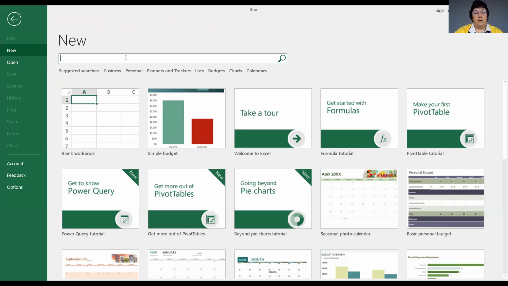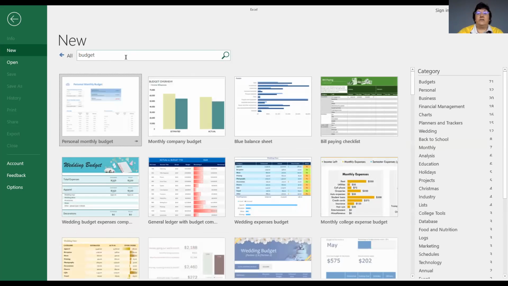If I click on that and I just type the word budget, hit enter, it's going to go out. It's going to search through all sorts of areas that it can pull from. And it's going to give you a lot of different options, or templates that are already created for you on specific budgets. And you can see that they're actually covering a variety of different